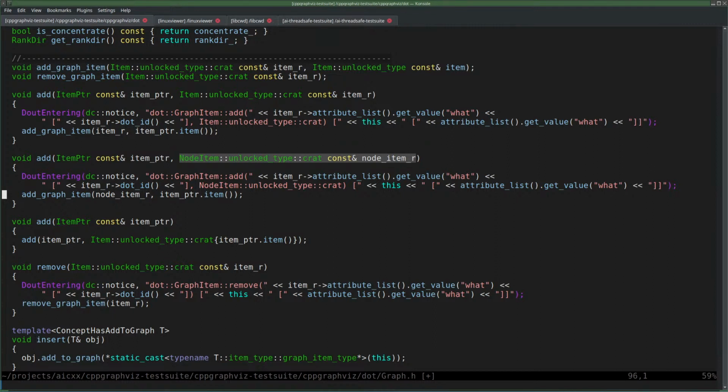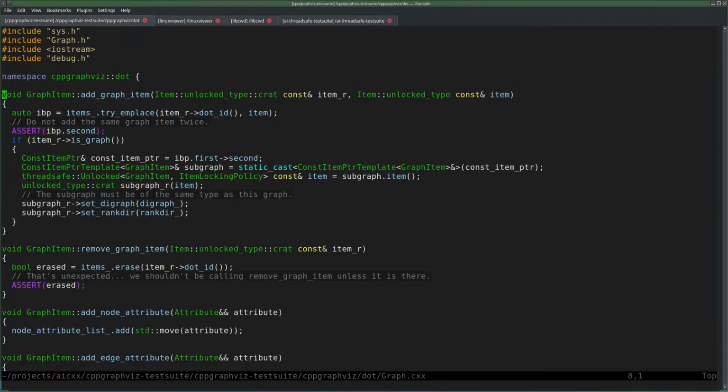Not even adding a graph item, if you ask me. I'm adding a node item. Why is this thing being called add graph item? See, we don't know if it is a graph, and then only if it is a graph we do actually do something.